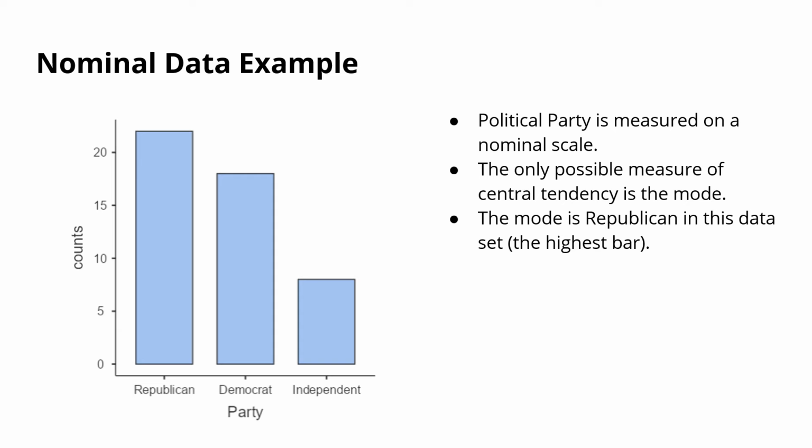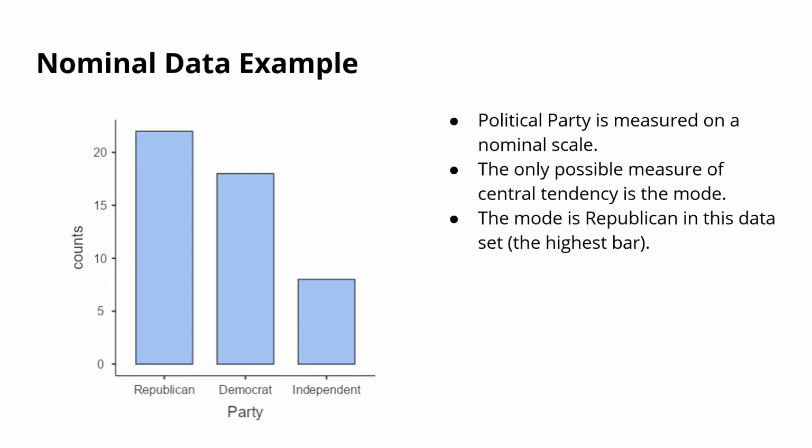Right, so Republican, Democrat, and Independent aren't in any order. Right? There's no inherent order to those categories, so it's nominal data. And whenever you have nominal data, you have to use the mode. In this case, the most frequently occurring category with the highest bar is Republican, so that would be the mode